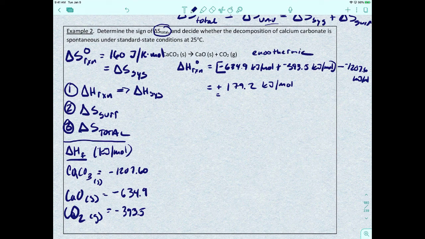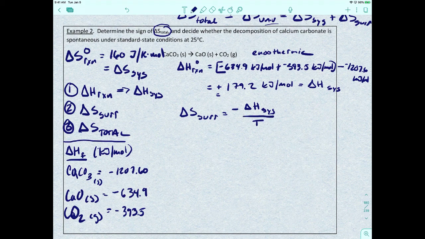Okay. All right. So now that we've got the enthalpy of reaction, we can use that. This is going to be our enthalpy of the system. We can solve for the entropy of the surroundings, and that's going to be equal to the negative change in enthalpy of the system